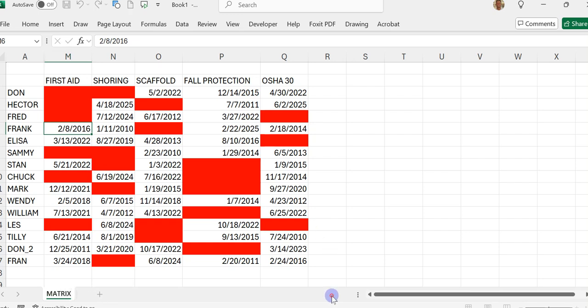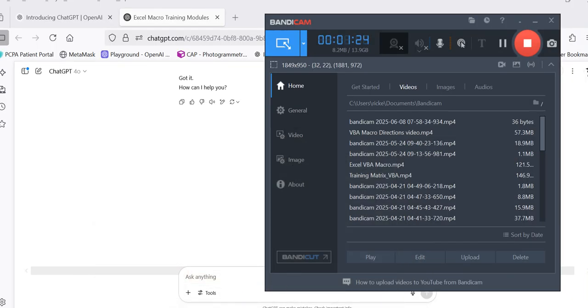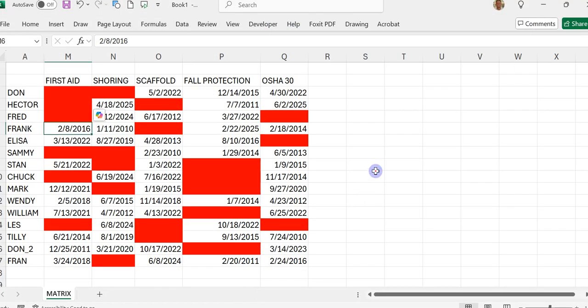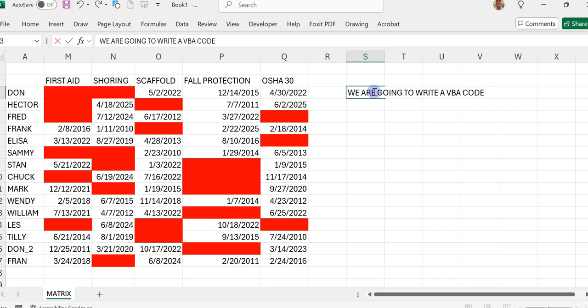All right, so let's go to, we got to create some rules. So let's do the rules right here. So we are going to write a VBA code. All right, that's rule one. And then let's tell it, there could be, there's different things you could put in there. But option specific type stuff. But right now we're going to go to rule one. So create